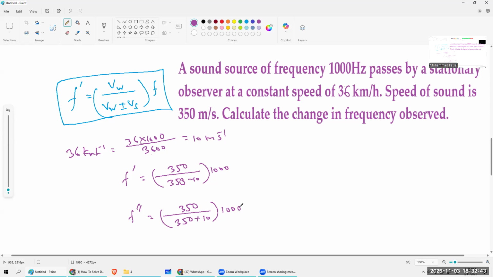তখন মাইনাস হবে, অ্যাপ্রোচিং এর জন্য মাইনাস হবে আর লিভিং এর জন্য ইয়েস। এই দুটো বের করেন, বের করে সাবট্রাক্ট করেন। আমি এখানে রাউন্ড আপ না করে একবারে বসাইছি, একবার ক্যালকুলেটর বসান, বসায় দেখেন কত আসে।